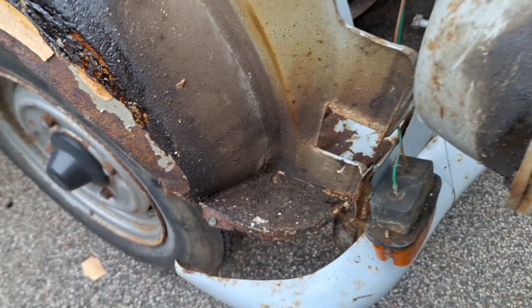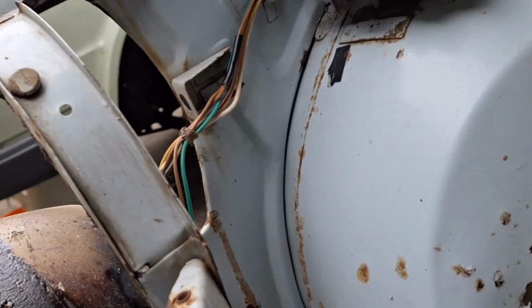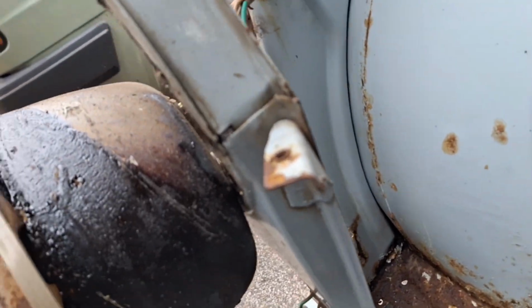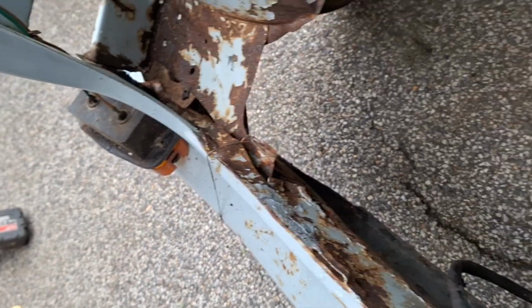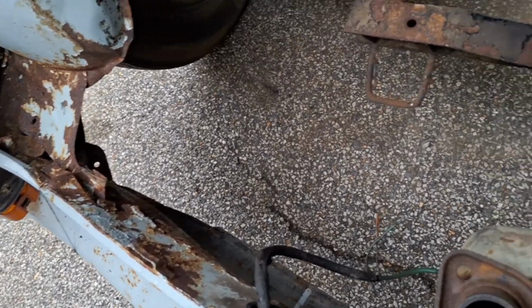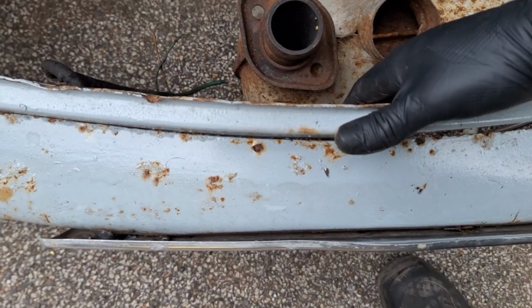Could have happened 30 years ago, could have happened 2 years ago. Who knows? Yeah, that's a cracked paint there. Just need to basically pull that forward. It's torn that out, this needs a panel welded in behind it. It's only from there onwards. This side's all good. Maybe a little bit that side, I can't really tell yet. Needs a bit more taking off, but...